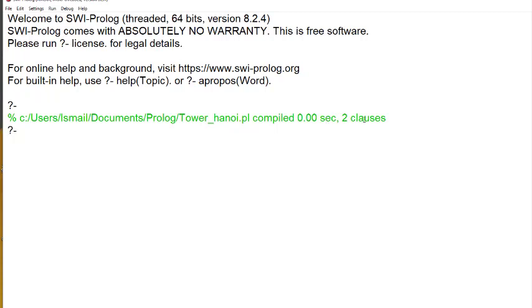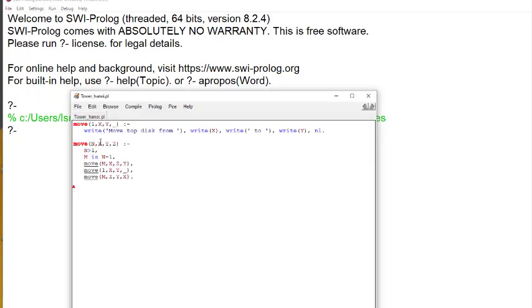Now how to run it? As seen in that particular program, we have to type move n, where x is our source, y is the destination, and z is the intermediate.